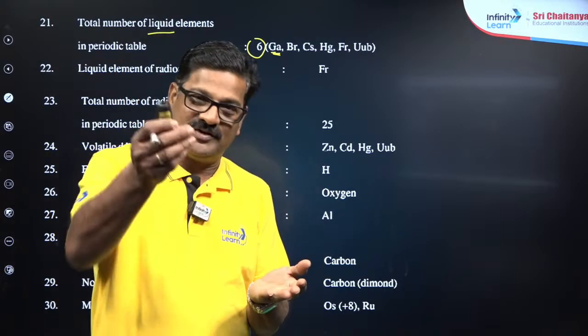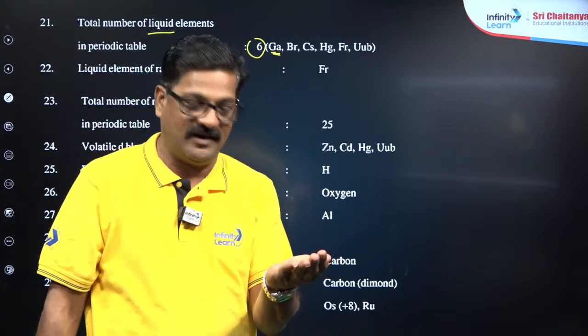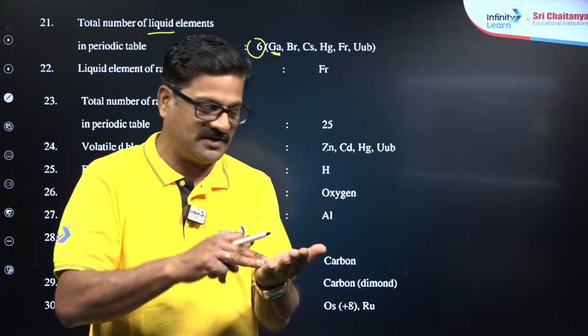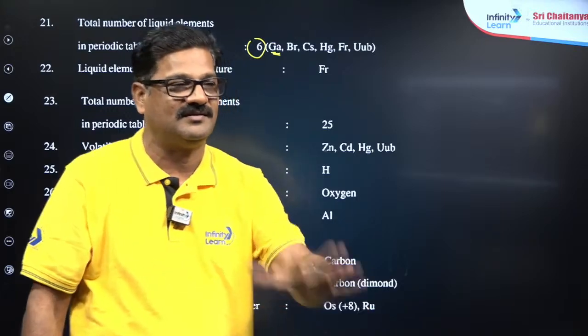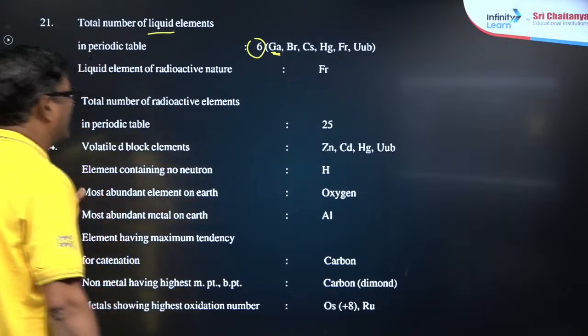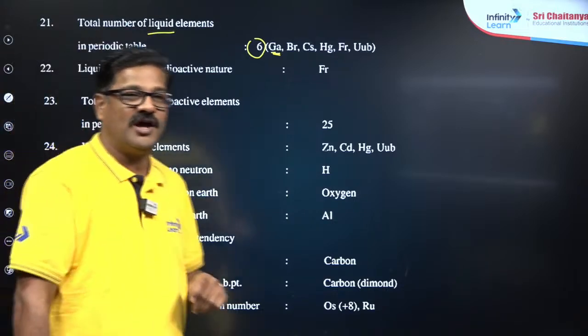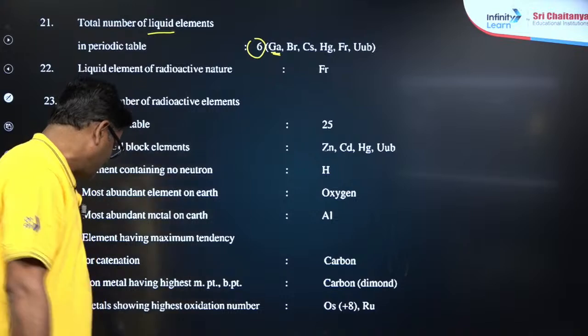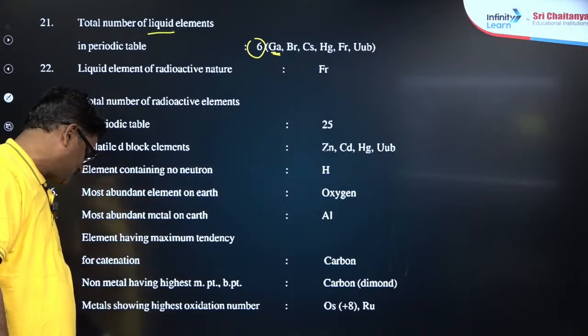Even in the winter, if you take the gallium and put it in your hand, because of the warmth of the hand it is going to melt, right? So that is the funny thing. Gallium is used in high temperature thermometry. Gallium exists as Ga2,